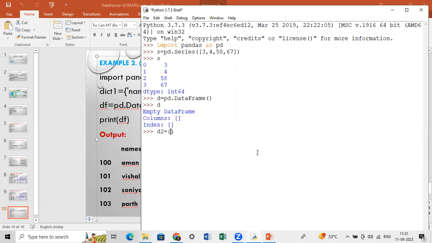And in the dictionary, let me take doctor ID and doctor name. So this is the key. This is a set of values. IDs, let them be 2003, sorry, 2004,